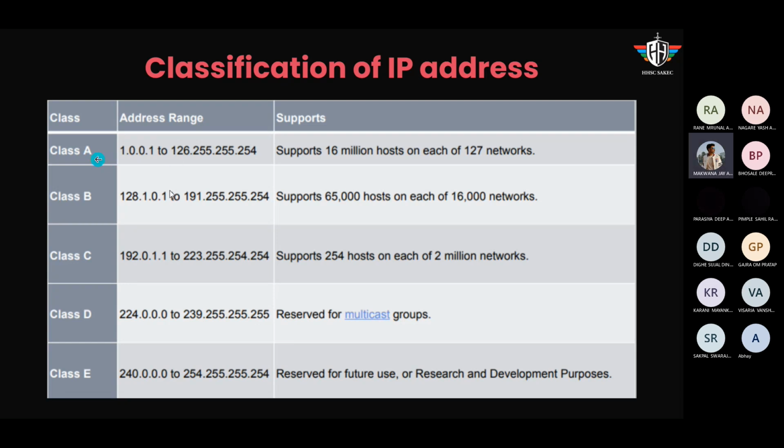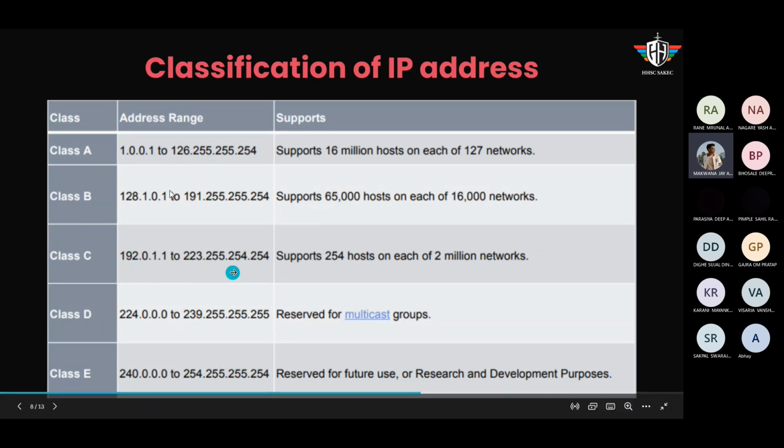Yeah, so okay, class A, this is the range for class A. For class B, the range is from 128 to 191. You should remember this whole range. And in class C, the range starts from 192 to 223, and class D is 224 to 239, and in class E